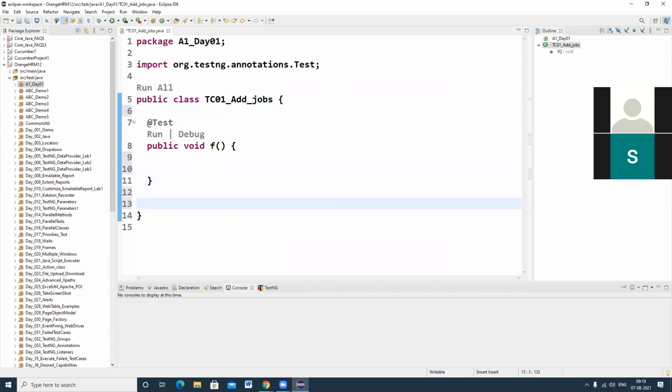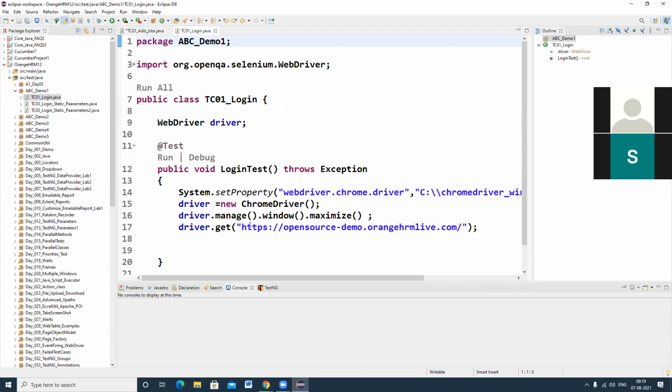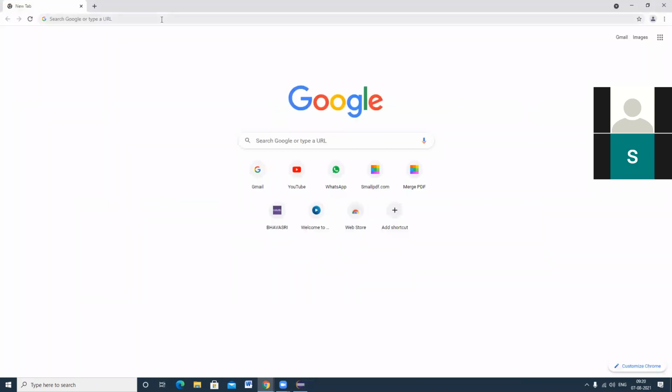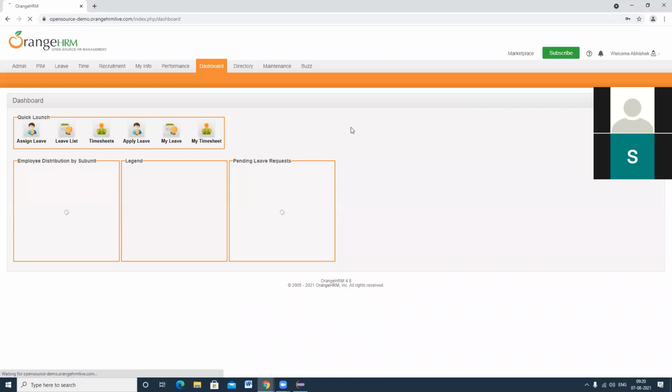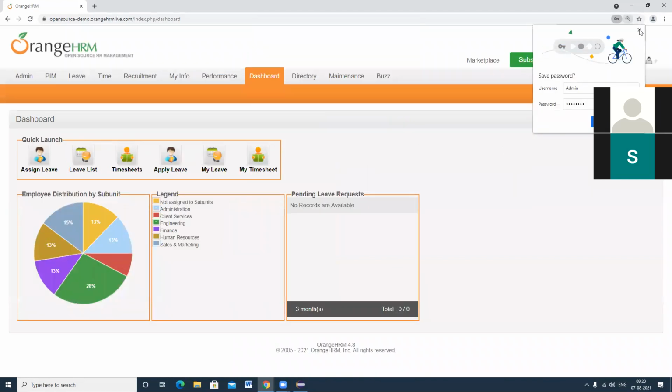First I will show you what is the scenario that I want to automate. Let me go back to this application URL. I want to automate how to add jobs in the system. So I'm logged in with admin 123, and I want to automate the add job scenario.